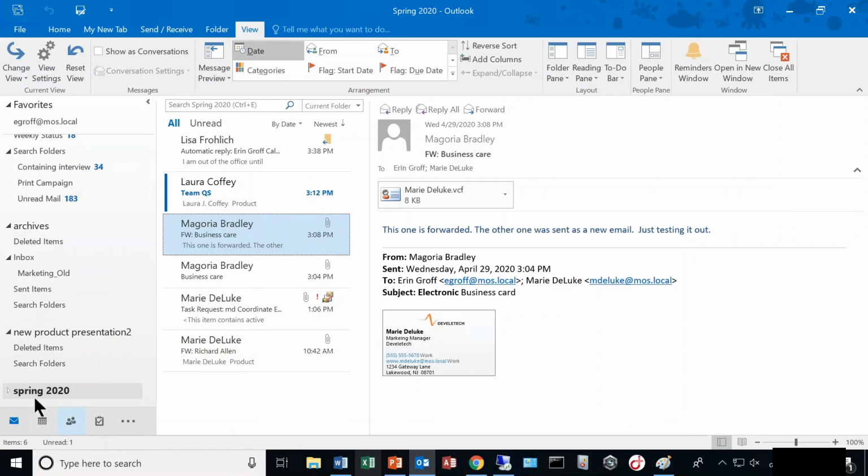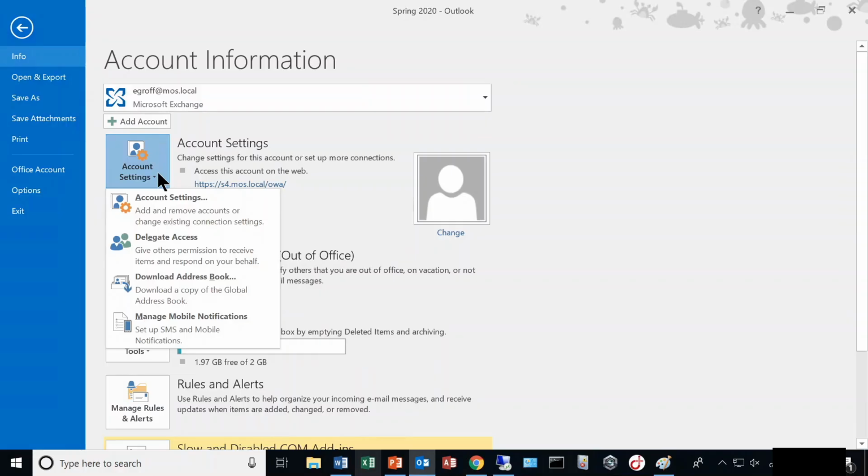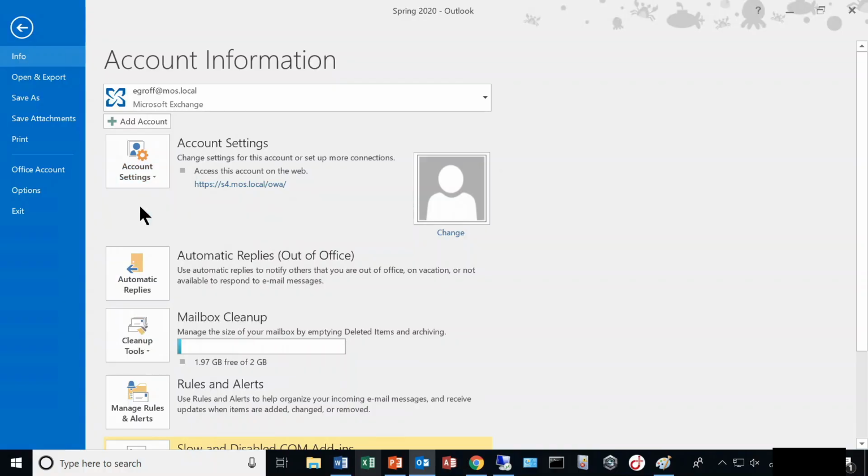So in the last activity, or the last lesson, I created the Spring 2020 PST folder. Now suppose I wanted to rename that. I would go up to the File tab in my Mail workspace, and from my Info tab, I want to select my Account Settings drop-down. From this, I want to select Account Settings,